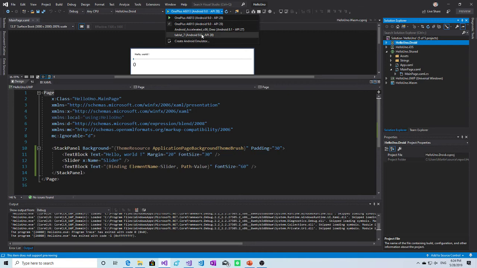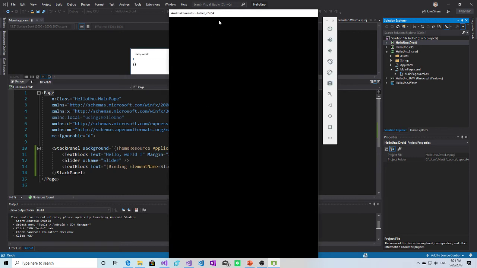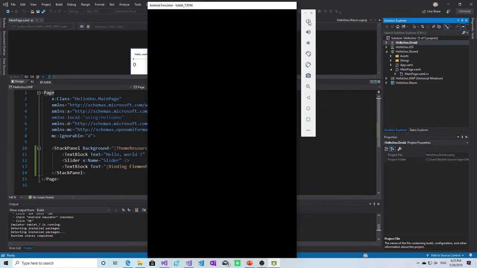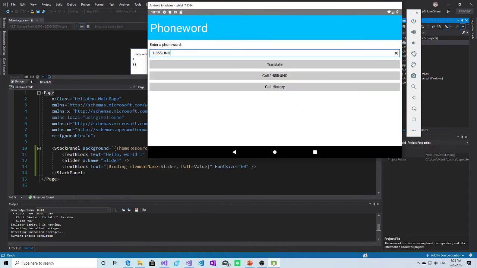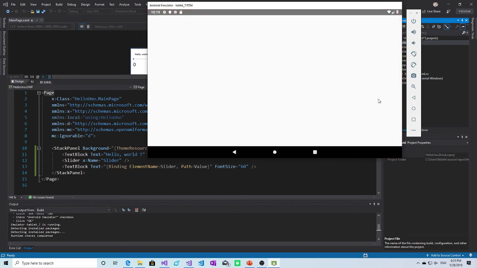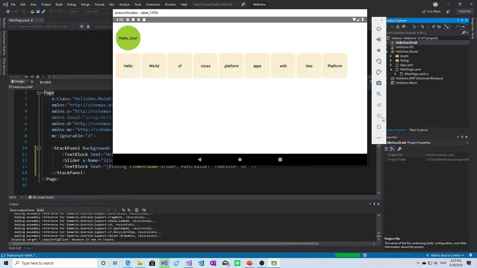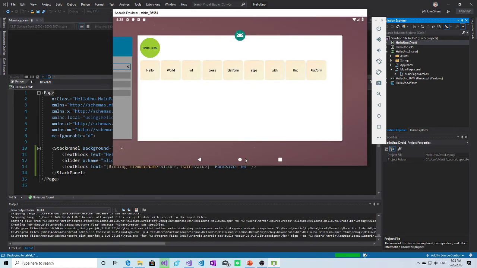But what happens now if I select the Android project, set it as startup project, and run the application in the emulator? Okay, this will take some time. The application is now running, I think, or isn't it? Yeah, that's not the right application.